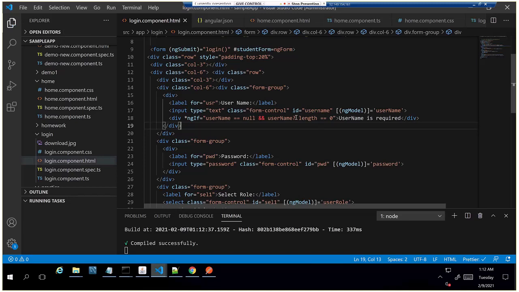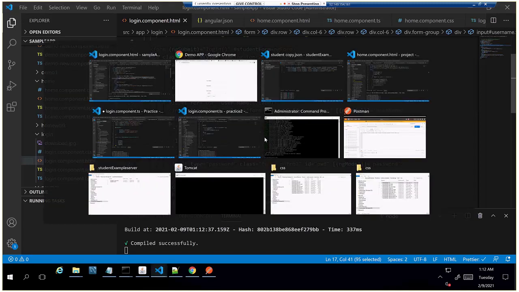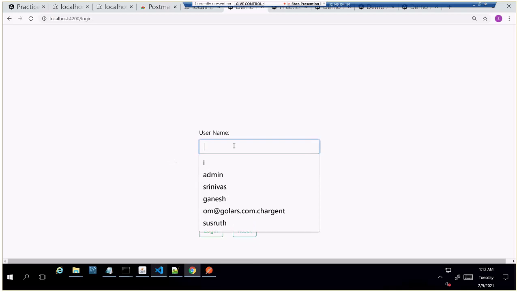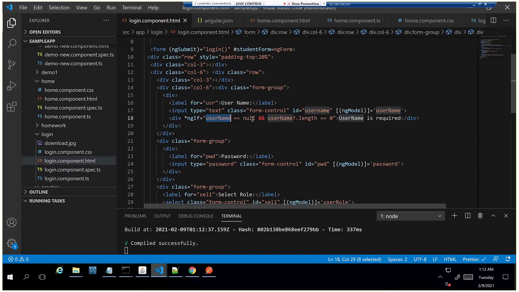So this is the syntax to do null checks in HTML. I think it's not able to call. When to call it, we didn't specify, right? No, it is automatically taken care of. If the username is null, it will automatically check the condition here.